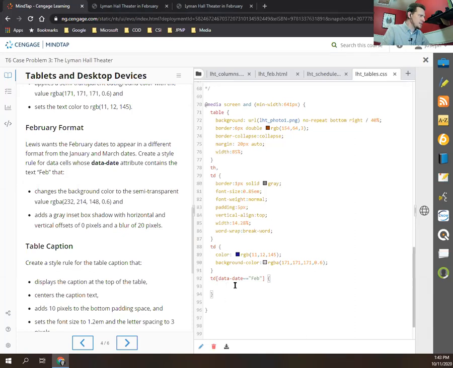We're not going to be using it a whole lot, but it is really cool that we can put the attributes in there. If we had set the attributes to be equal to this or that, we could just say equal to, but we actually want to look inside of that value and see if it contains just the 3-character string Feb. And if it does, we're going to set a background color